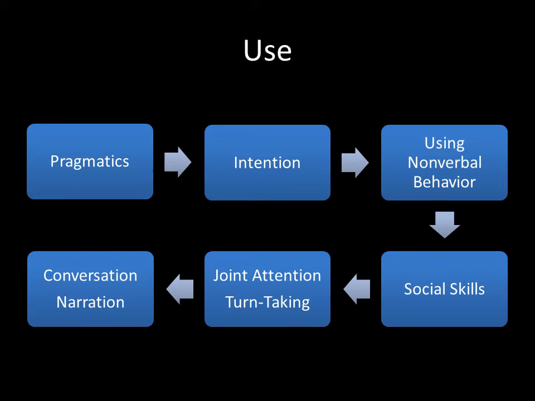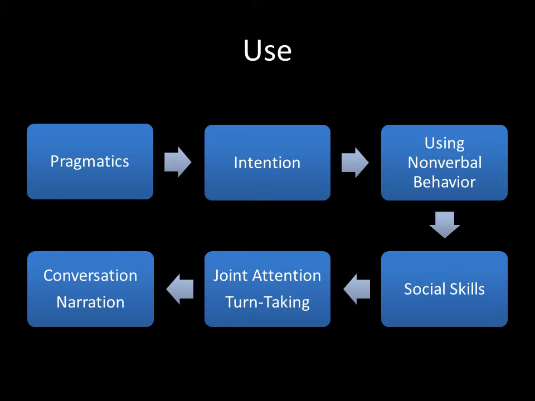And finally, we're looking at use, which is pragmatics, our intention. So using nonverbal behavior, eye contact, knowing the proper distance to stand away from someone when talking to them, appropriate turn-taking skills. Joint attention happens as early as 8 to 10 months, and that joint attention is when the